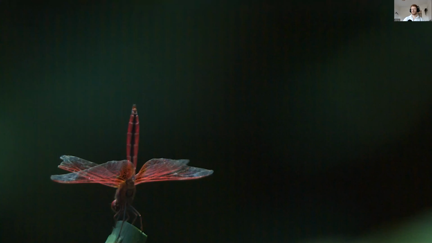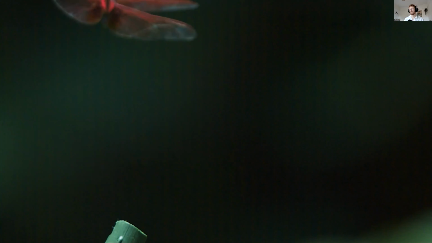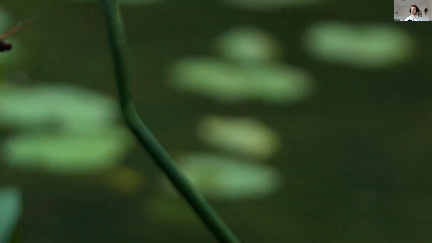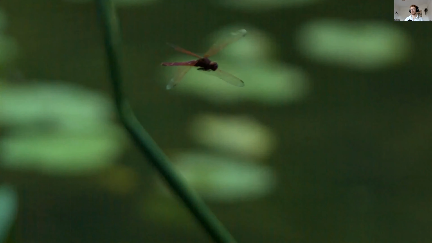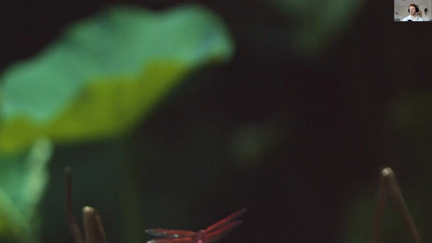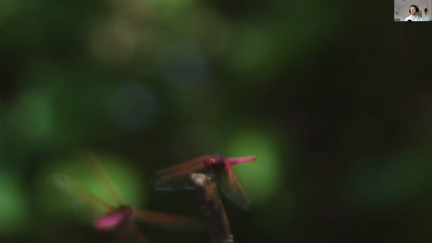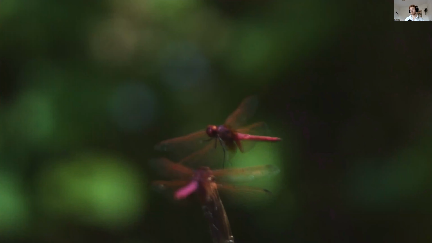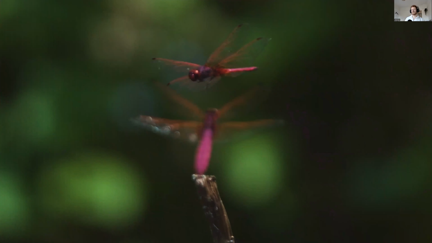But then that's not all they do. So I'll let this little clip play out. Hopefully it is playing. There we go. So occasionally the males will take off and they're not seeking prey. They're actually going to cruise around their territory. And that's what you'll see here, a dragonfly, the Trithemis, cruising around the pond. And as he patrols this territory, he's going to come into contact with other males of the same species and sometimes of different species, and they're going to enter into an interaction.